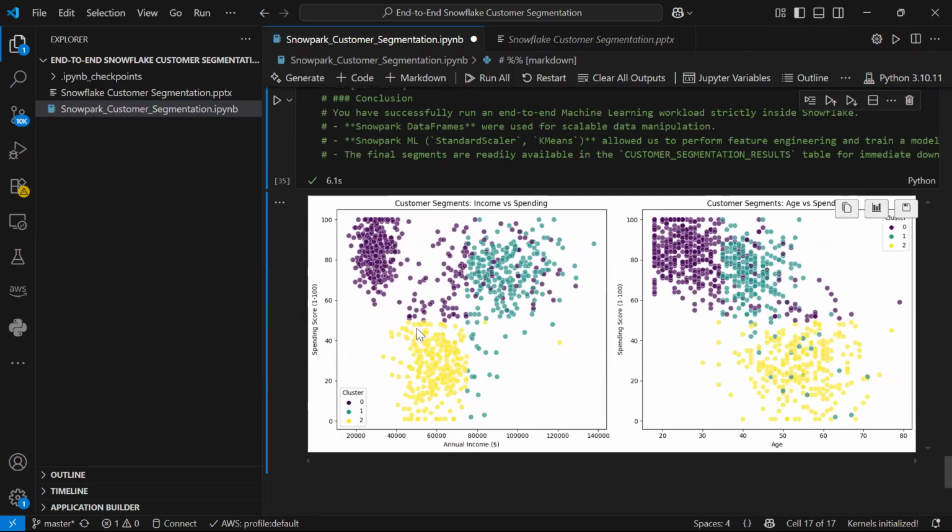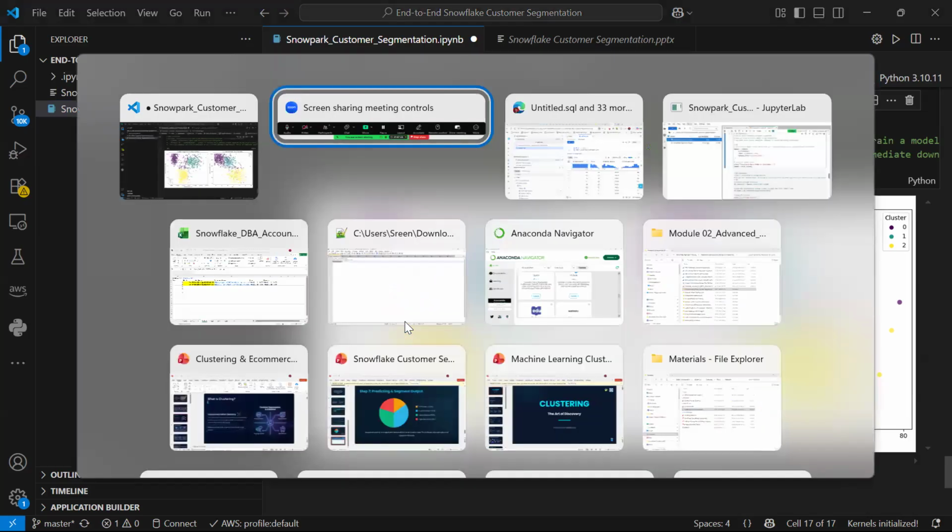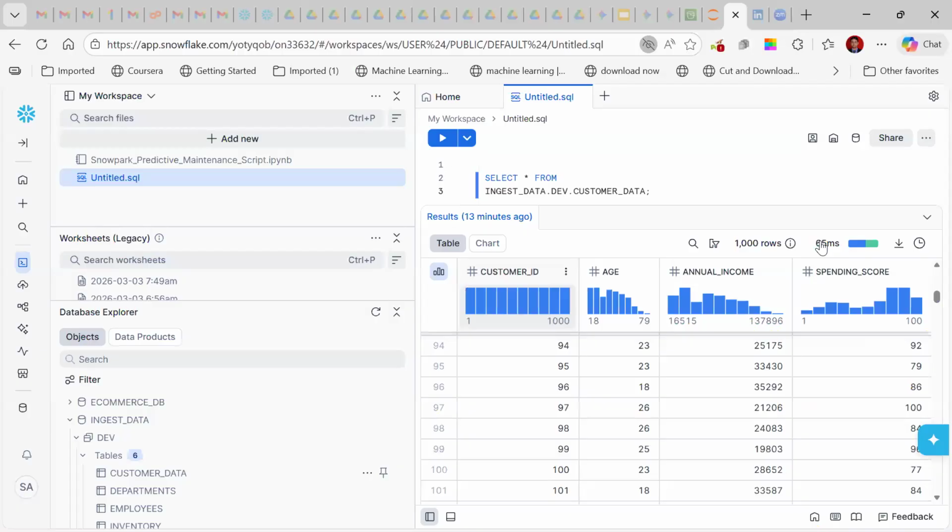You got it, right? And how many clusters did it create? Total 3 clusters: 0, 1, 2. 0, 1, 2 means 3 clusters. So what I should say, for every transaction in my table, whatever you see here. So which table got created?